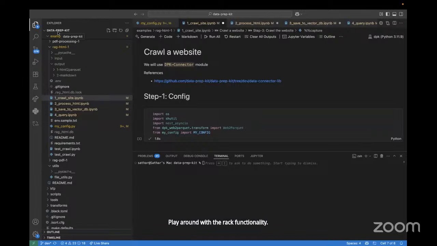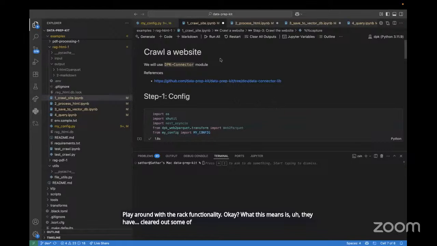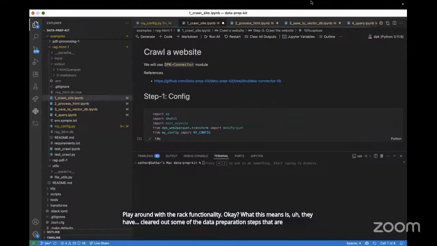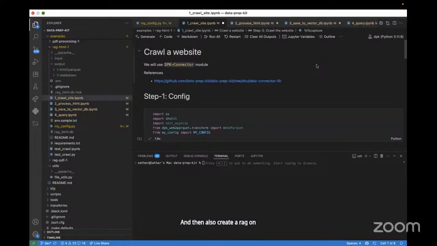What this means is they have cleared out some of the data preparation steps that are necessary for you to create your own vector database and then also create a RAG on the fly, so that you can pass in certain information that LLMs are not already trained on and then see how the outputs come out.